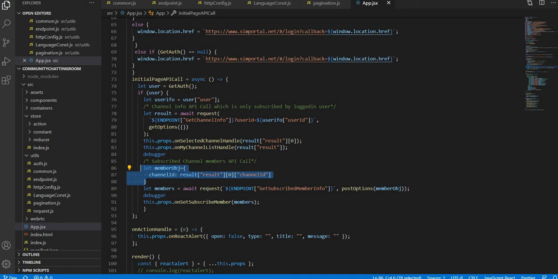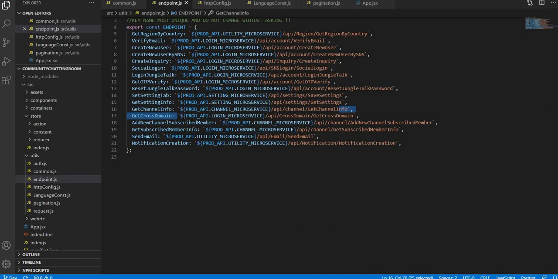Again this request we are importing above, and we are just supplying our end URL. So the end URL, you can see, is get subscriber member info. Subscribed member info. Now you come over here and you can check, this is the one, right?